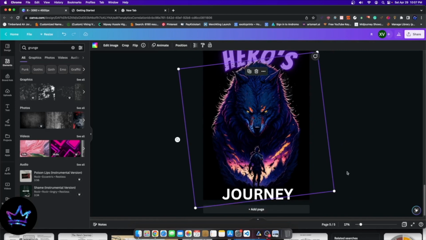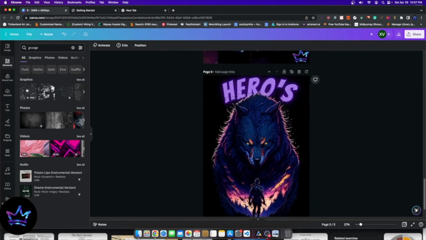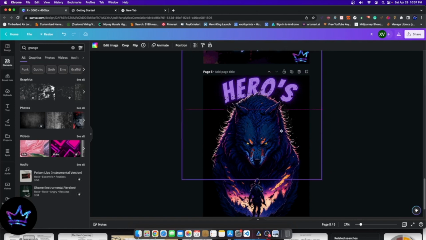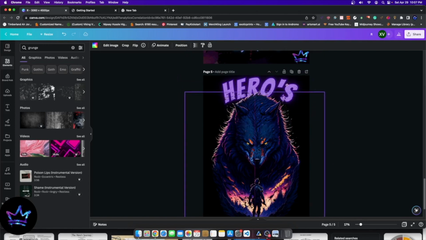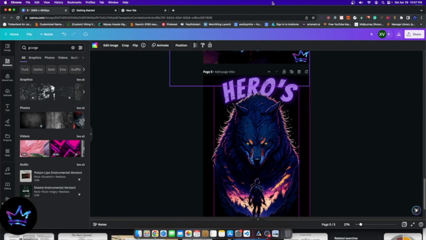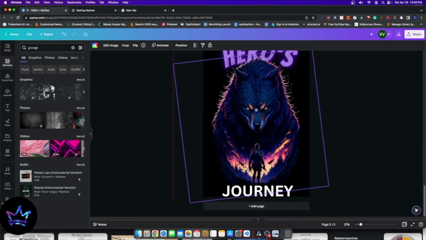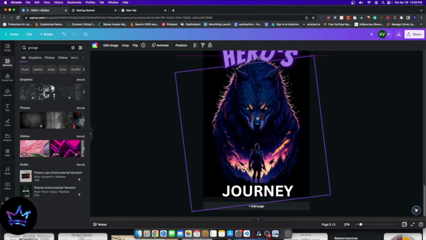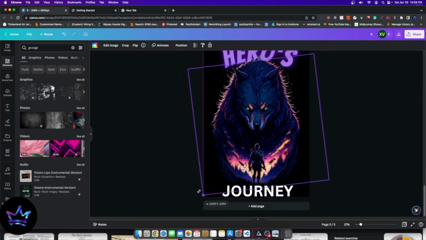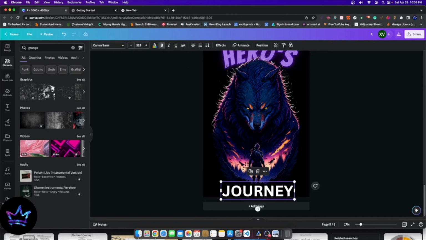And zoom out here. And then what I'll do is take this, my first version, and then drag this here. And then what I'll do is decrease the transparency, something like that. And I think it does look better on the wolf. I don't know if I fully want to do it like that, but it's not bad. And then what I'll do here is I'll make this a little bit larger, maybe even switch